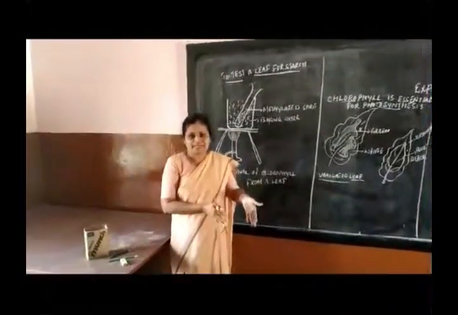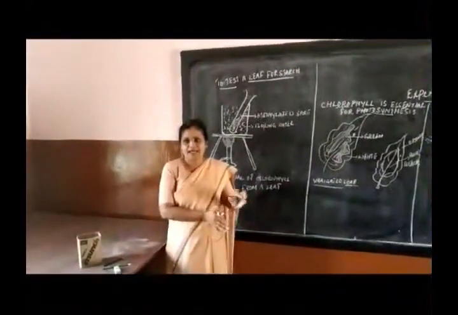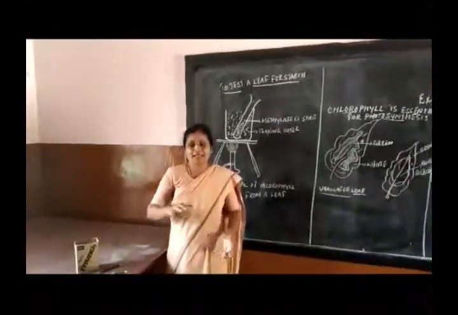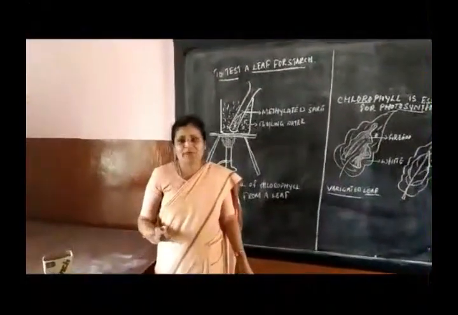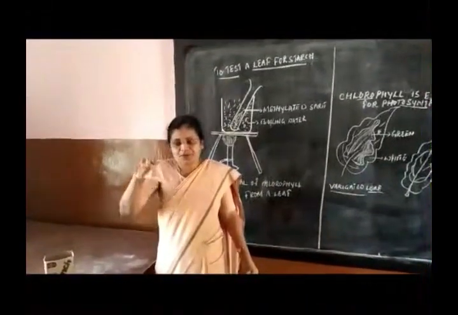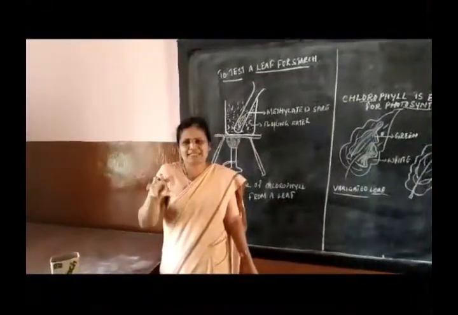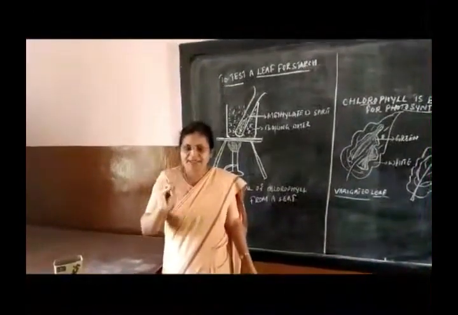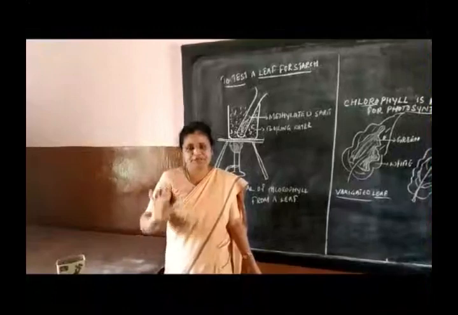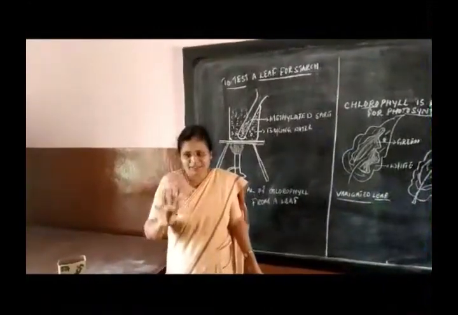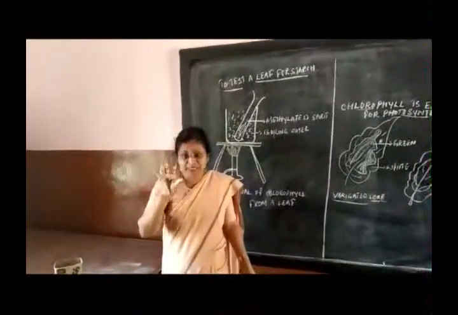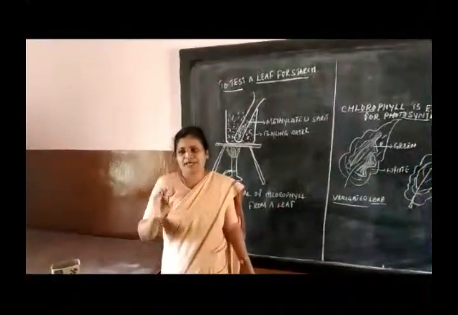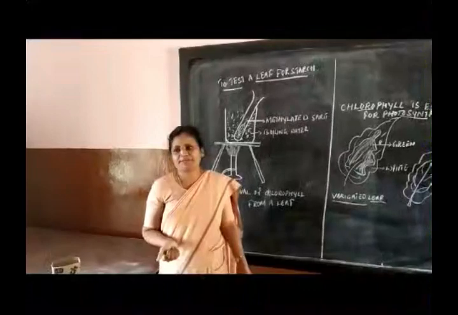See, in the last class we had seen the structure of the leaf, because that's very important for you to understand where exactly the chloroplast is located. Now the chloroplast is present mostly, thickly concentrated in the mesophyll tissue. In the structure of the leaf, you have the epidermis, the mesophyll cells, the mesophyll tissues, then the endodermis, phloem, xylem, and then the lower epidermis.